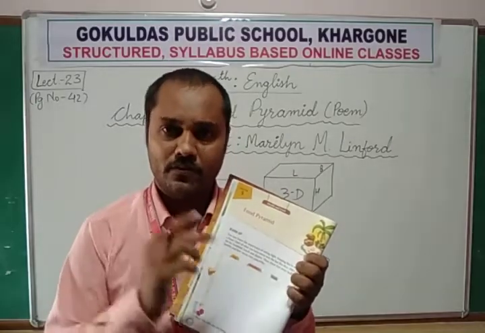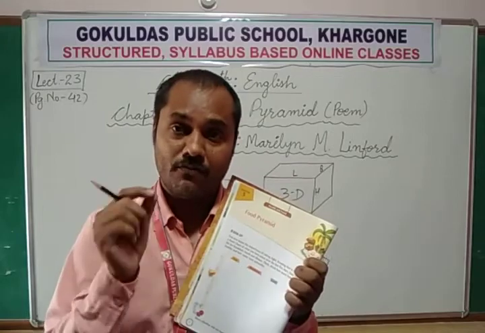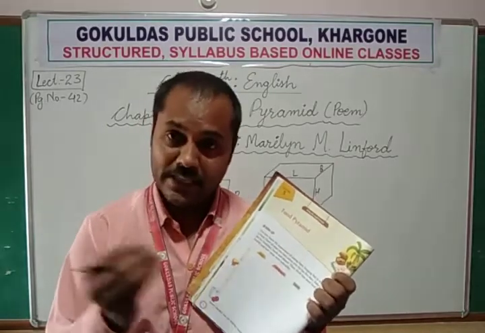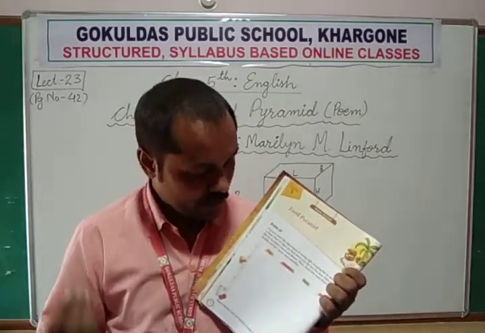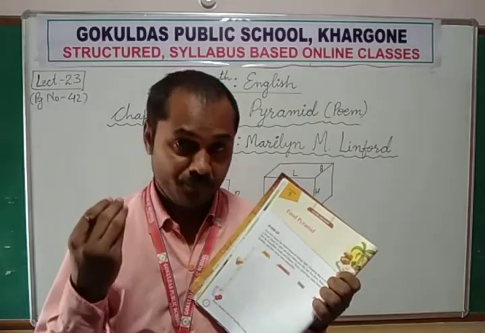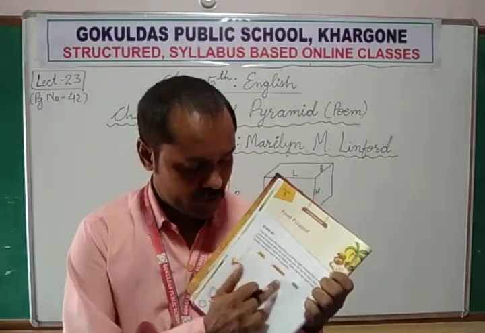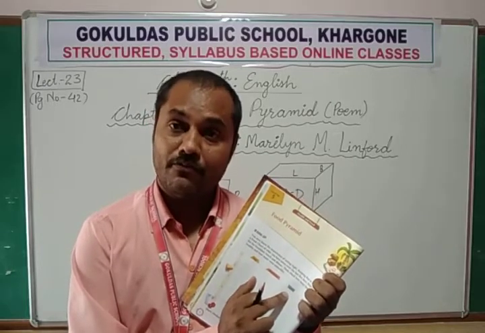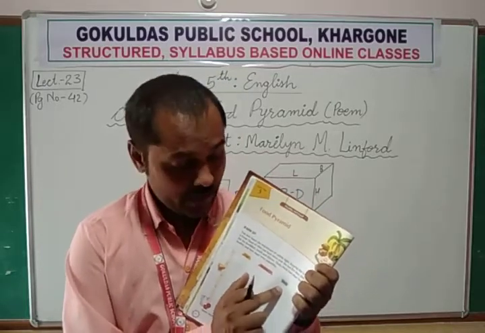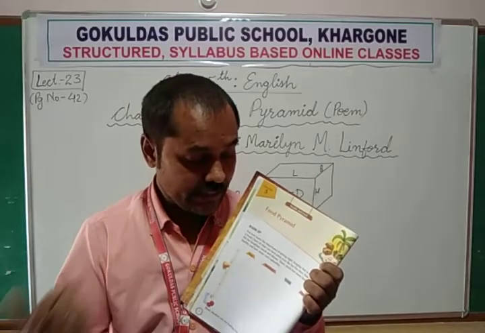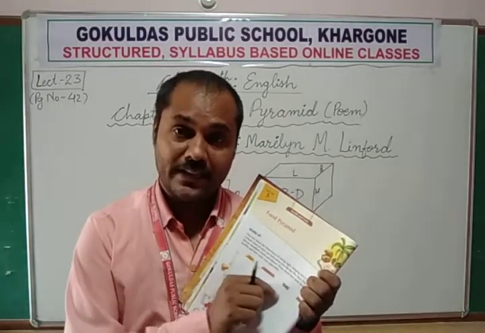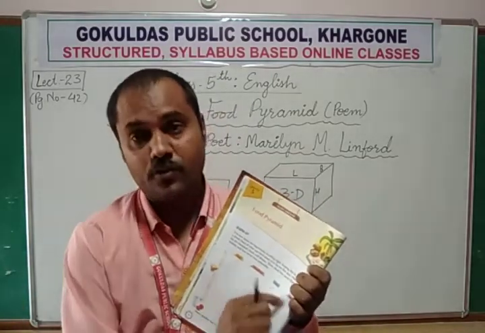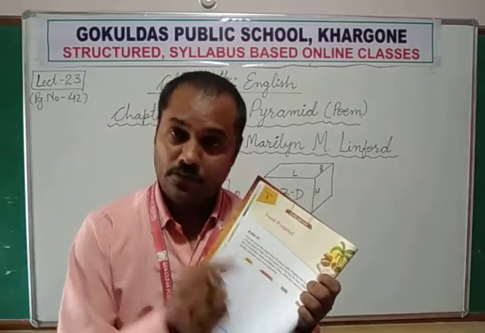You can write with the pencil 1 glass of milk, some biscuits, some toast, or something else, omelette, egg, anything which you have today. Then lunch, what did you have in your lunch today? And suppose it is dinner time, so what you had in the dinner. So after dinner you can fill this chart. This is for only today.